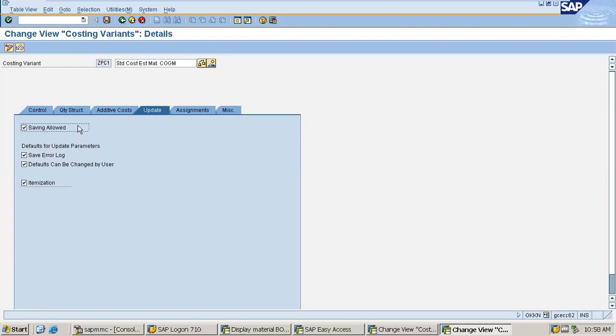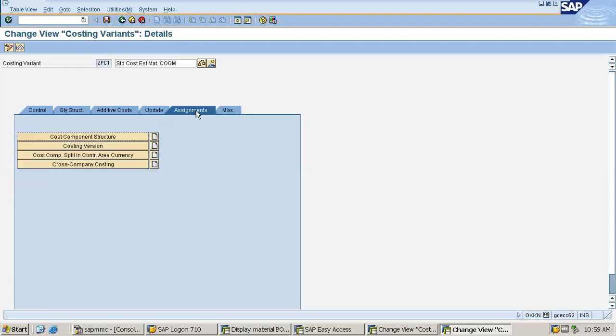Yes, saving allowed is done. Save error log is done. Default can be changed by the user, that is also done. Itemization is also ticked on. So that's what I want. Now assignment means this will only enable once I do the